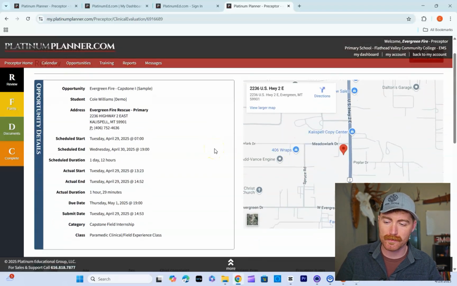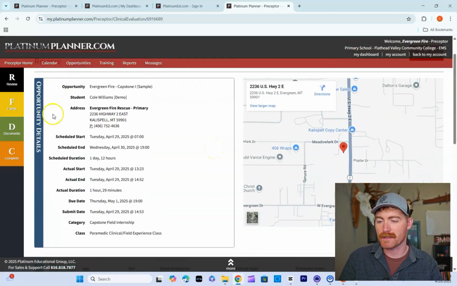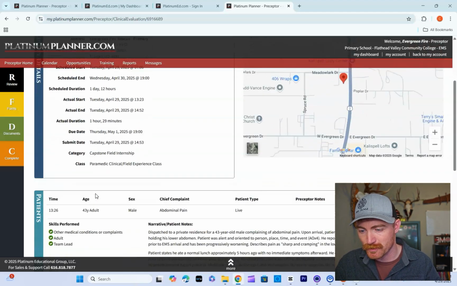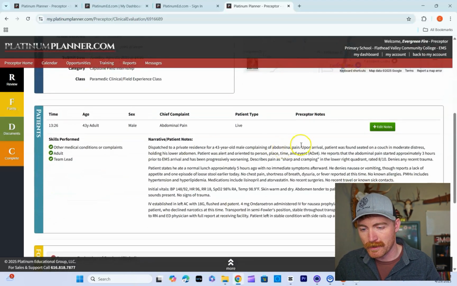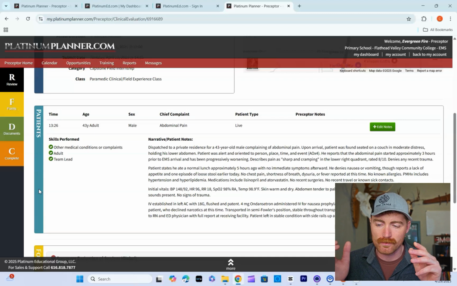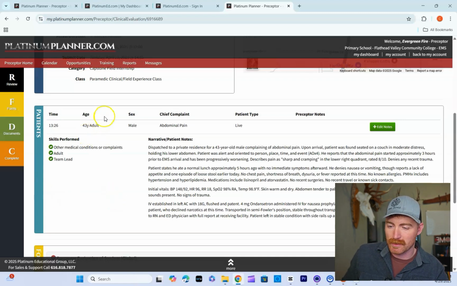And on this first page that pops up, this is just telling information about the shift. I'm going to be monitoring check-ins and check-outs, so you don't really have to do much with that. But as you scroll down, it will show you the patients that the student has charted for the day. So for instance, this is just a sample patient, but if I was a preceptor for this student, I would be looking at age, chief complaint,